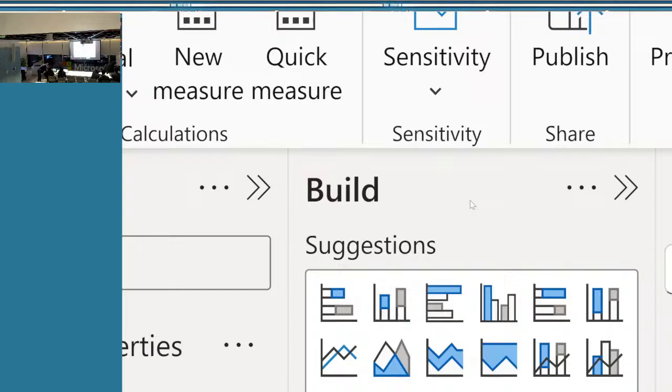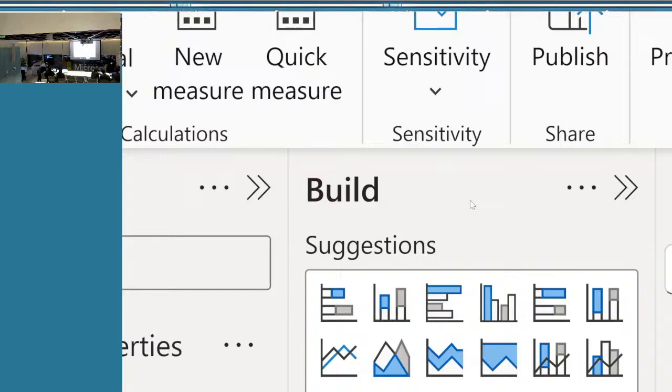Is this lab 3? Oh, you're doing it yourself. So you have to go to the lab before that. Essentially what you did is we created a matrix visual. Okay, so that would be the lab before this. If you go to the lab before this, it will guide you. This is called a matrix visual. So you have a table visual and a matrix visual. Do you know what the difference between the two is?